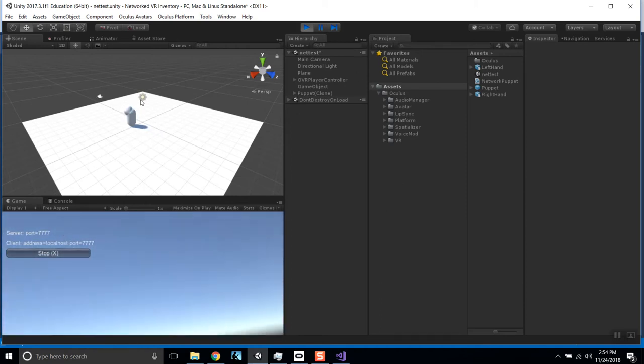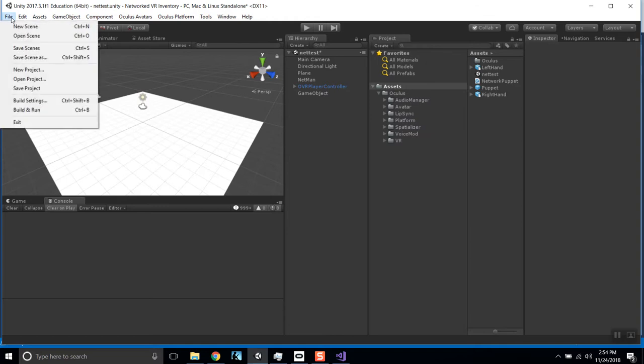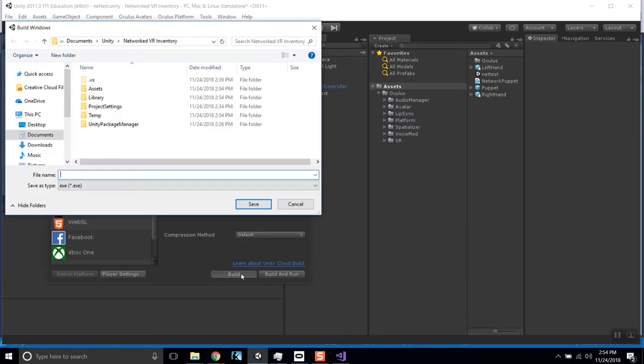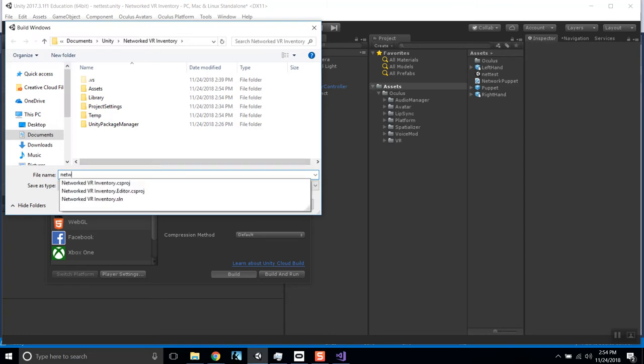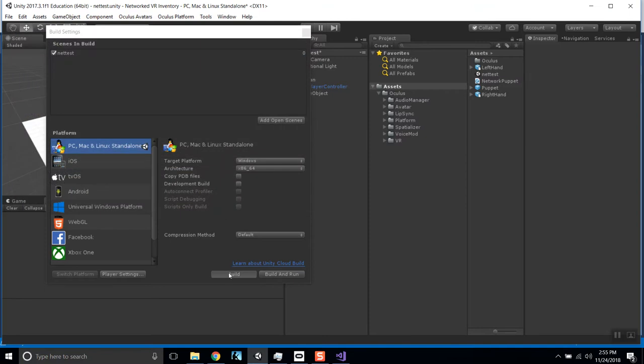We need to test this on a network. So to do that, let's go to File, Build Settings, and build this. And we'll call this Network Test. This is in Unity Network VR Inventory. Okay, so once we've built that,